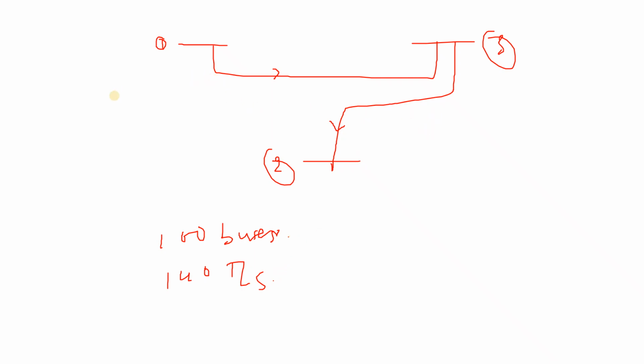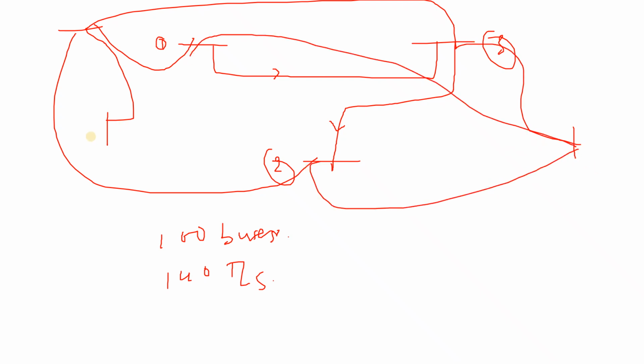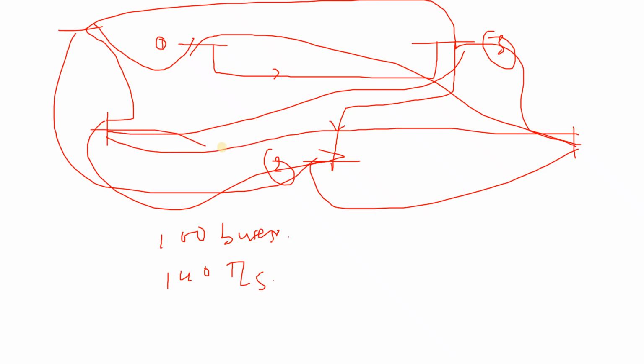It is possible, because if you take 4, 5, 6 buses and they are internally connected like this, this bus is connected to this bus, this is connected to this bus, and this is connected to this bus. You can see 6 buses are there, but more than 6 transmission lines are possible. So suppose we have a network where 100 bus bars and 140 transmission lines are there.